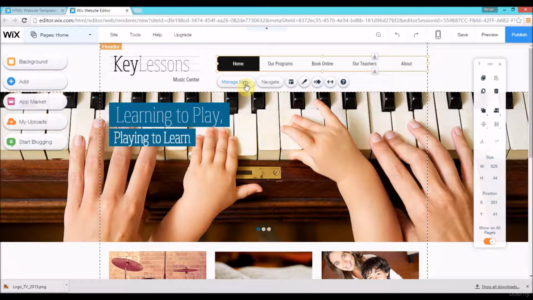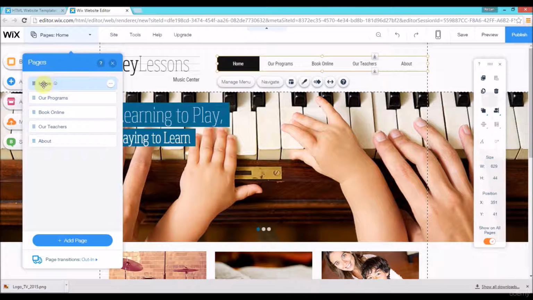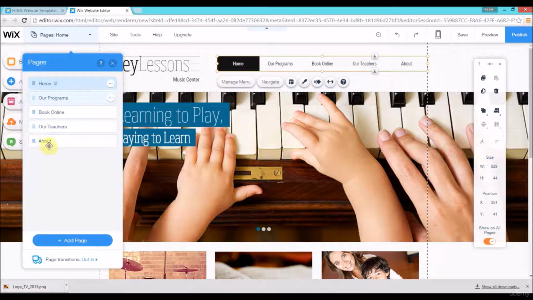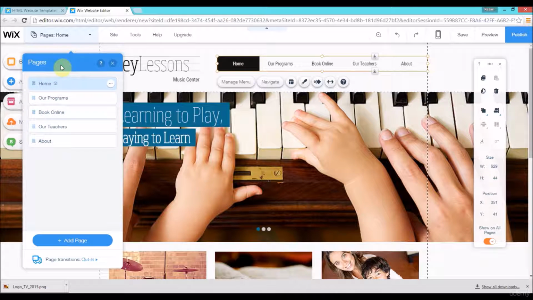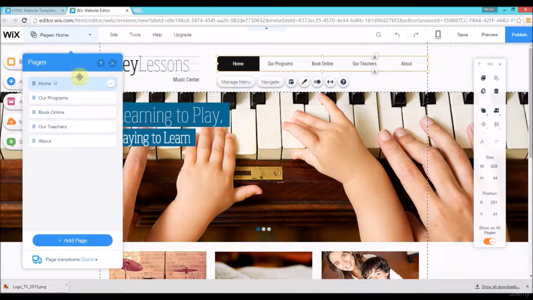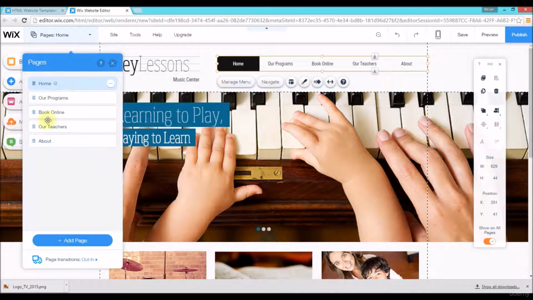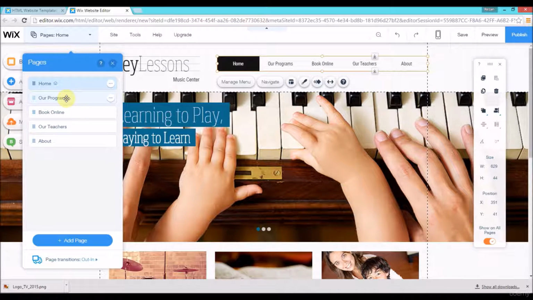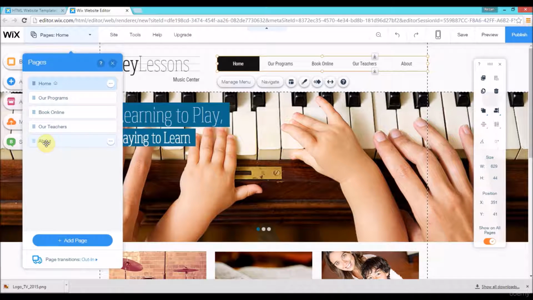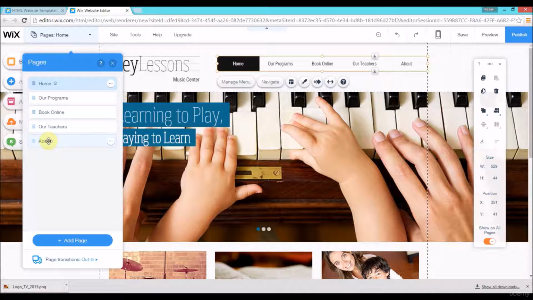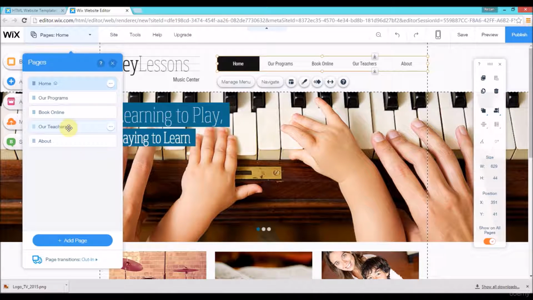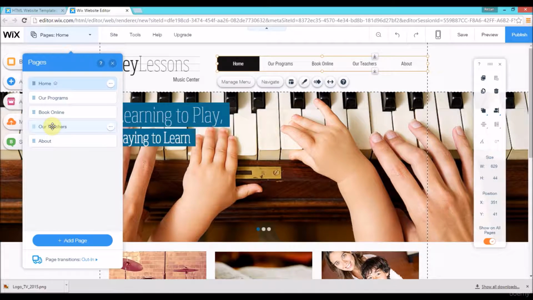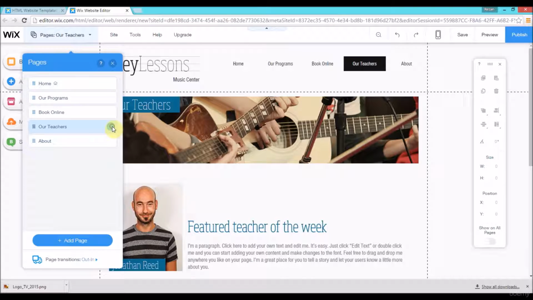So I'm going to go and manage menu, and here you can see on the left you have all of the pages that are in the website, every single page, whether it's invisible or not, whether it's a sub page or not, it's all going to be on this pages bar. So what I'm going to do is see which things I need and which things I don't. For example, the about, I'm definitely going to need, so I'm going to keep that page. Our teachers, I'm probably not going to. I'm going to go check it out, but things that I don't need,